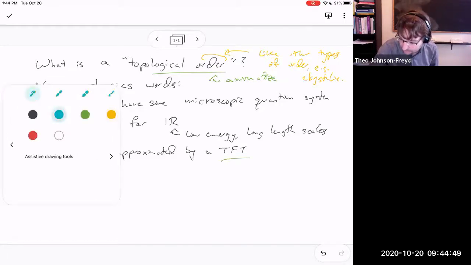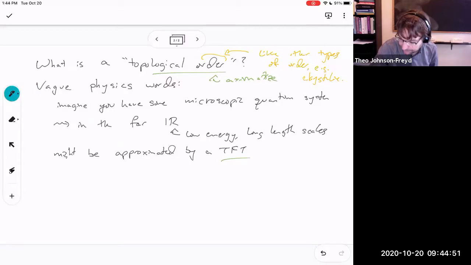Let's list what you would see if you were looking in the IR in a topological field theory. If you had some physical system that was approximately topological, what would you actually be able to do with it? So you have in an approximately topological